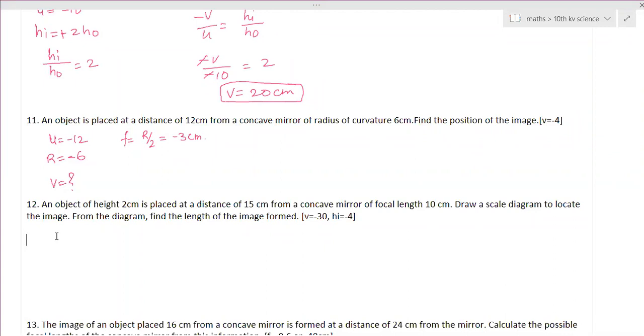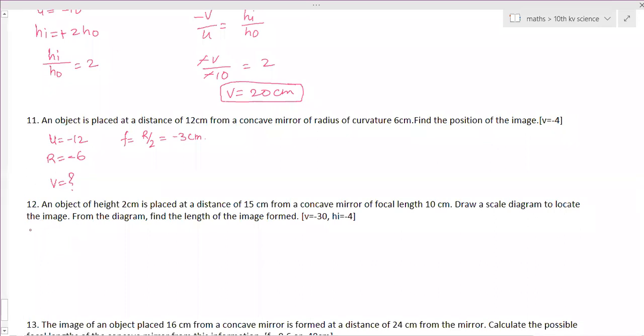But on the paper, it's not possible to take 10 and 15 centimeter distances on the small paper. So therefore, we are reducing this to some scale, and then by using that scale, you have to draw on the paper. So actual distances you have to mention, and from that you can calculate the length or height. But right now we are not supposed to draw, we will find out the values only. Yes, Rohit B, tell me.